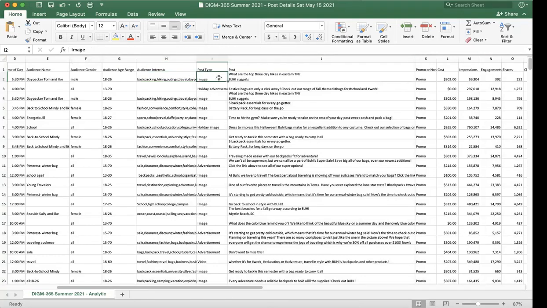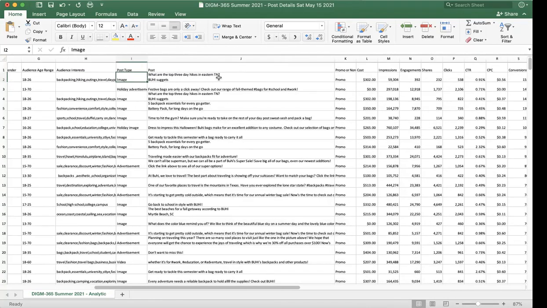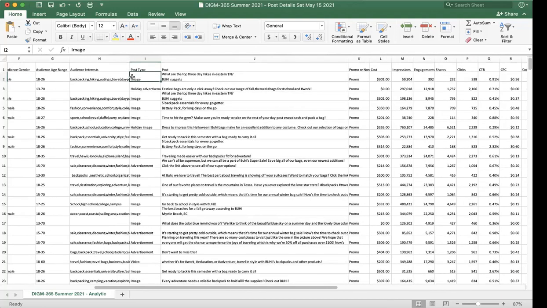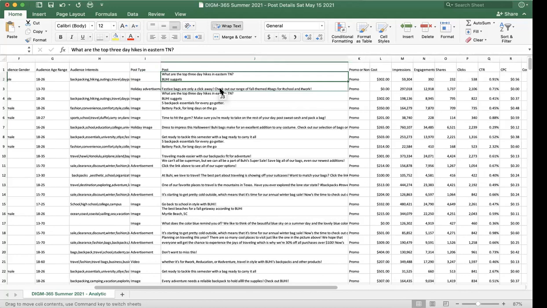It had an image. Now I can't see what the image was, unfortunately. I wish I could, because for posts that don't do well, I might be able to tell you why they're not doing well if I could see them, because sometimes it's a poor choice of image that creates a problem. So I can't see the image. All right, so for what the post said,